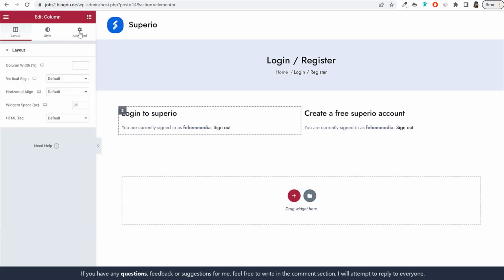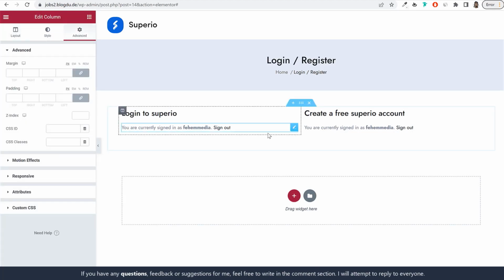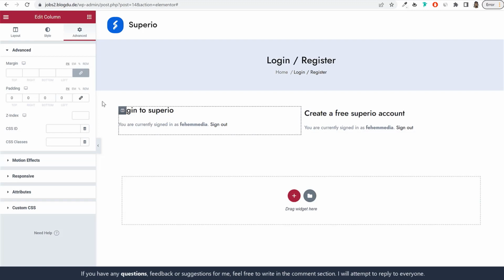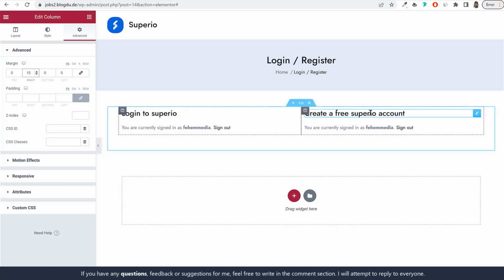Edit column, go to advanced, and you can add some margin at right. So margin or padding, whatever you want at right. Or maybe let's add margin at right, not padding. So margin only at right. Maybe we'll add 10 pixels from here, or maybe if you want 15 pixels from here, then select the second